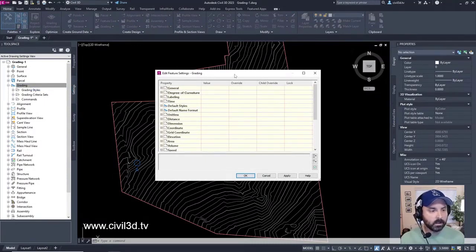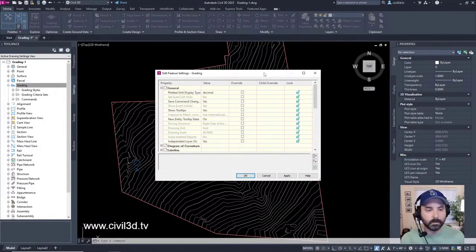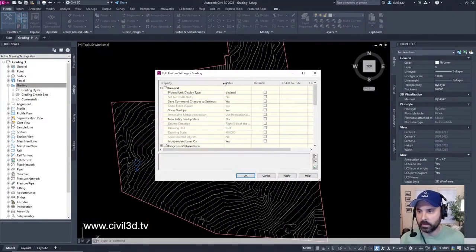Okay. In the edit feature settings dialog box, expand the general collection, which is this. We've got this save command changes to settings.